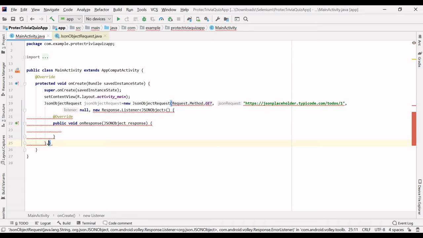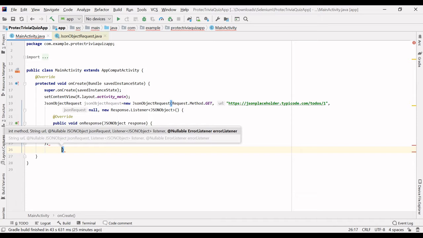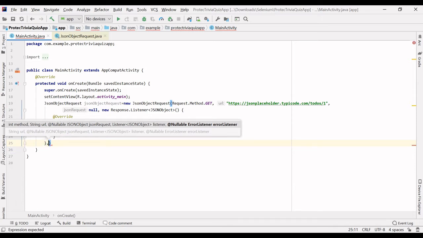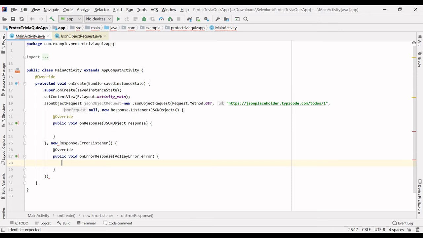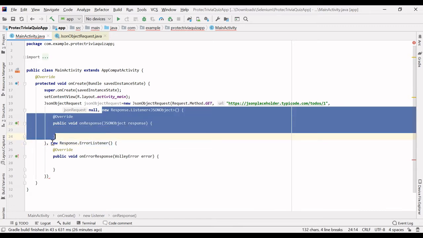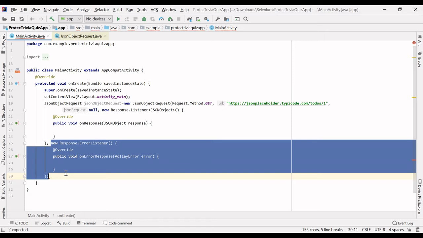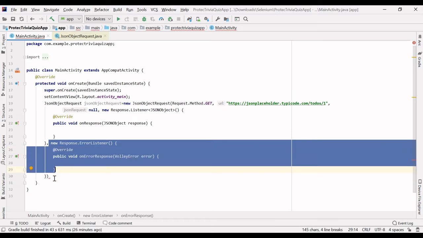And the fourth is new Response.ErrorListener, right? The first listener is to get the response, and the fourth one is to handle the error while hitting the request.